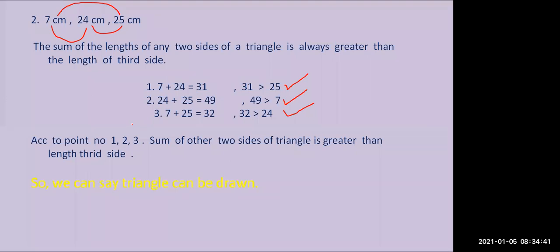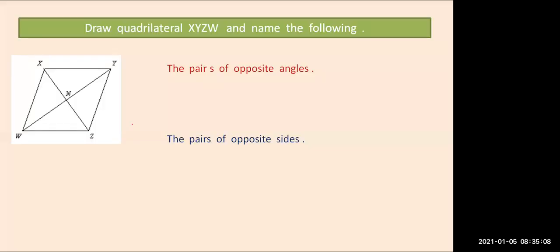Okay. Now this was the second property of a triangle that we have seen: when the sum of the lengths of two sides of a triangle is always greater than the third side, then only we can draw a triangle. Otherwise, we cannot draw a triangle. In case you are solving the sum, you have to write it like this only, and you can solve your sums.